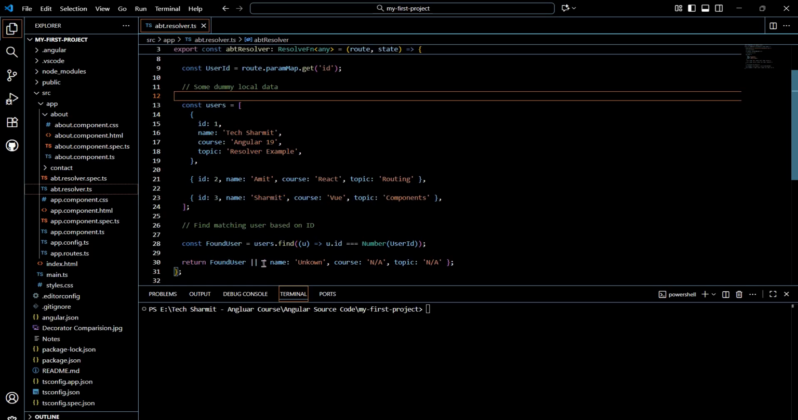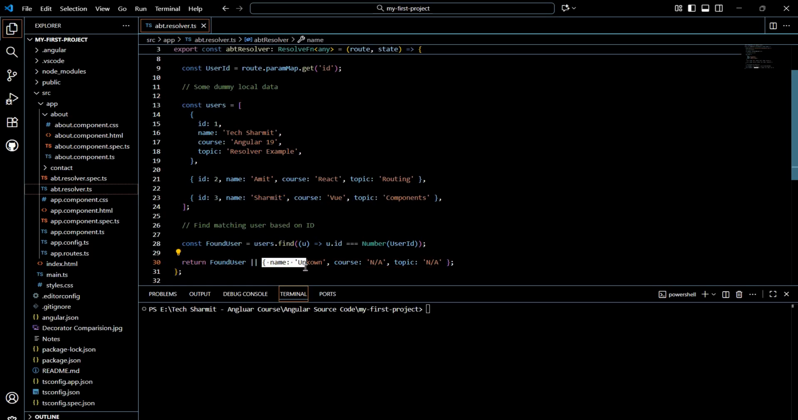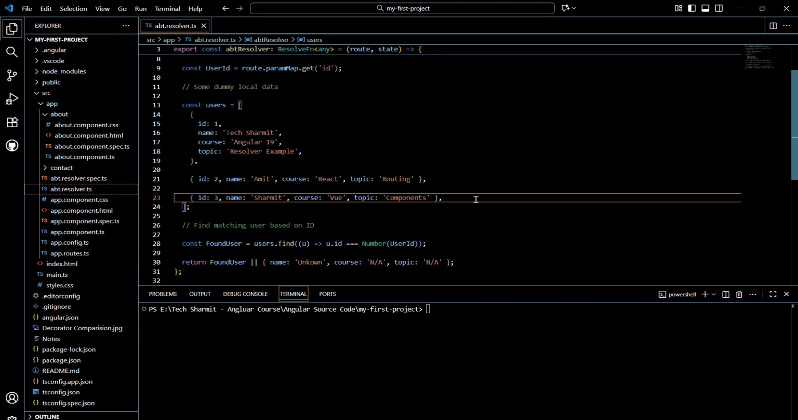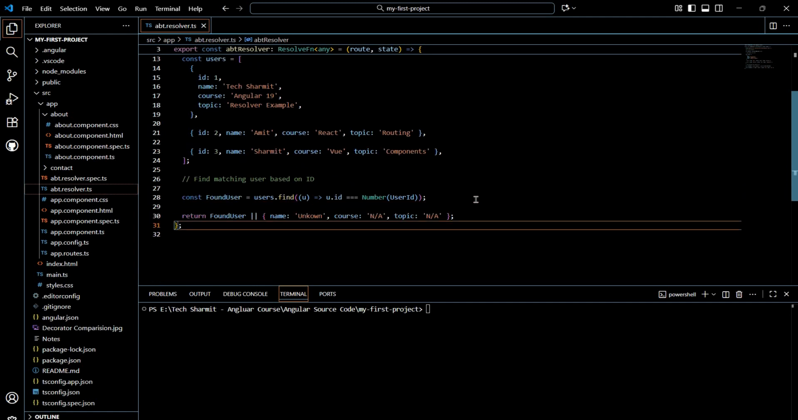Otherwise we will return this default data, which is setting the name as unknown, course as NA, and topic as NA. Clear? So this is the simple part. Fine. Now the next thing is we will go to